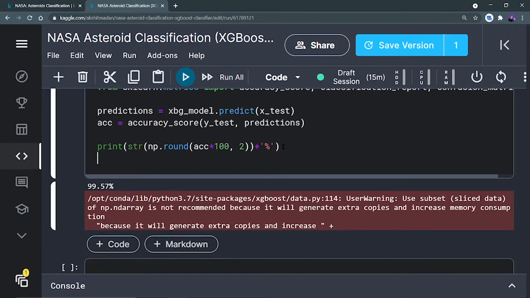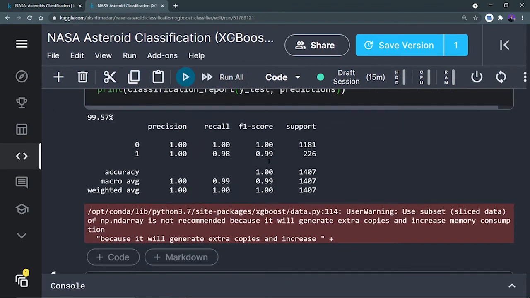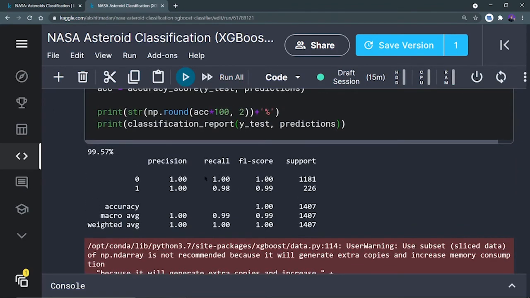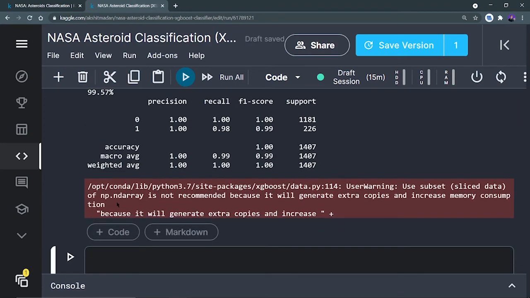Now let's print the classification report. So I can see that I get the precision, recall, and they are very good, right? F1 score is also very good, support is also very good, recall is also very good, precision is also very good, right? So final accuracy is 99.57.